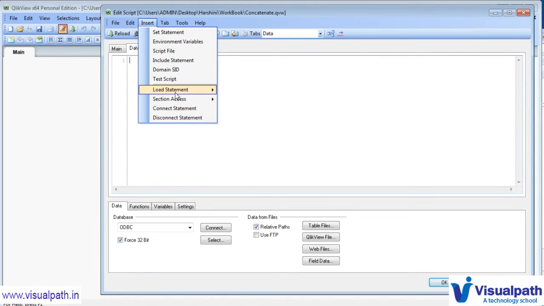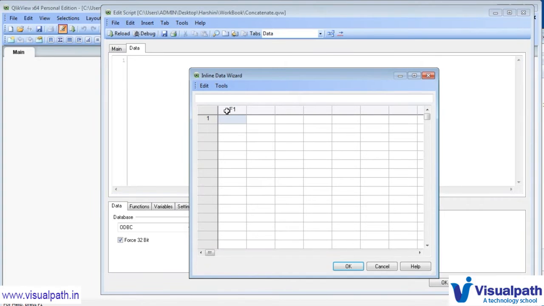Then from here I'll insert a load statement and load inline. And here let's say we have some employee data, so employee permanent data, let's say employee. We'll keep the fields as employee ID, then name, and then designation, and we'll enter some dummy data as 101 employee ID, then 102, 103, 104, 105, 106.